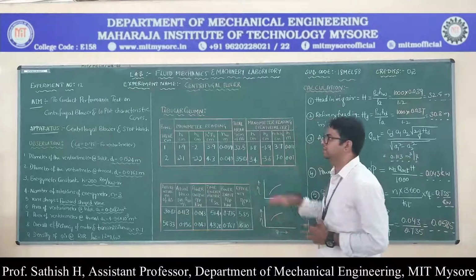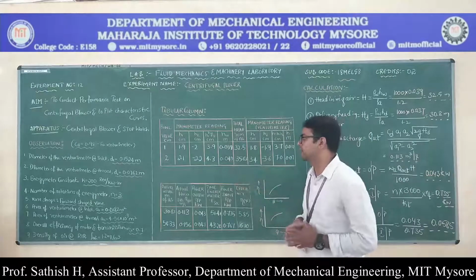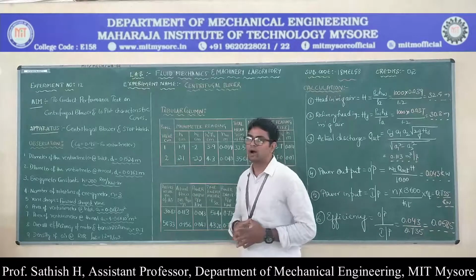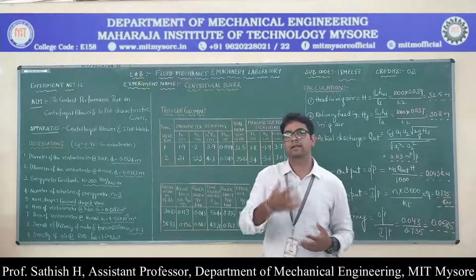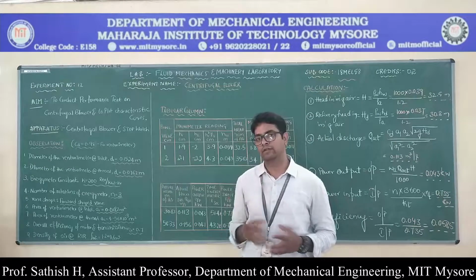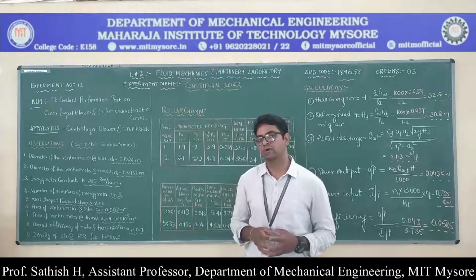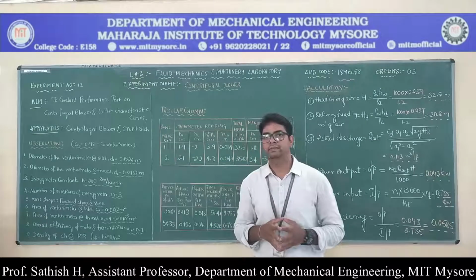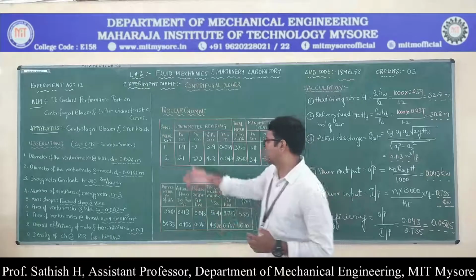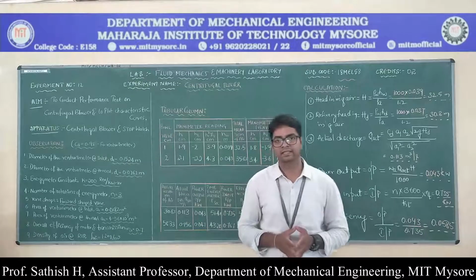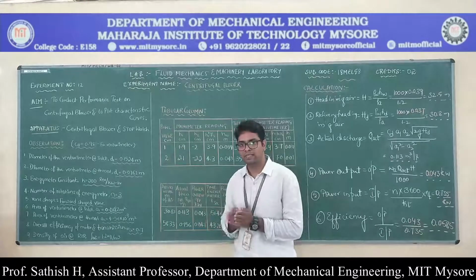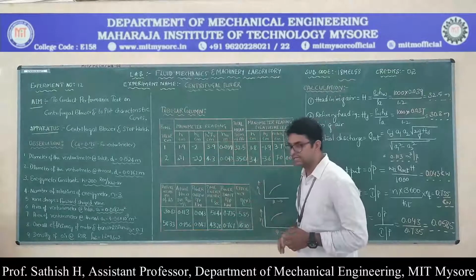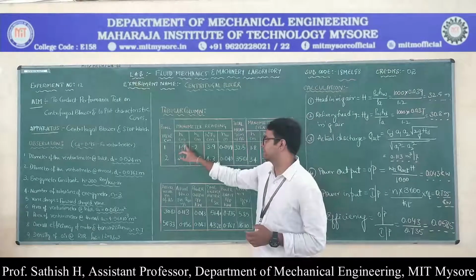Coming back to the tabular column. The first column gives you the bore wall opening, in centimeters. While conducting the experiment, in order to control the flow rate at which the air is flowing out of the blower, we need this bore wall opening, which can be adjusted linearly in centimeters. In the first trial we opened it by 1 centimeter, and in the second trial by 2 centimeters. The next reading is the manometer reading, that is H1 in centimeters and then H2 in centimeters as well.